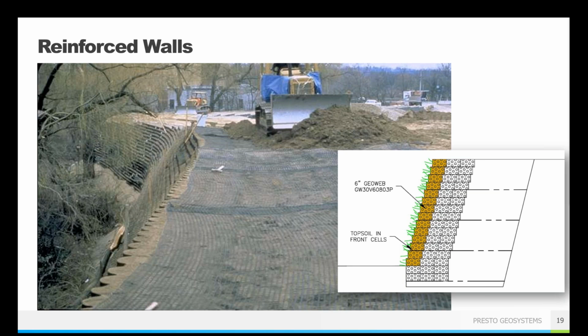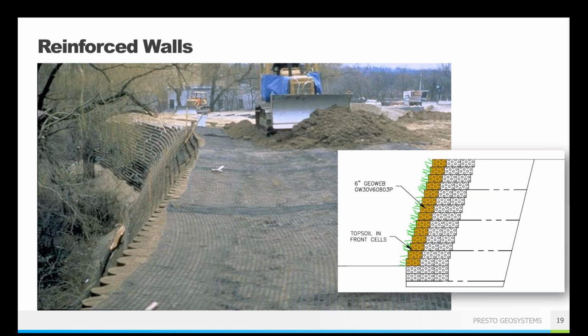So these types of walls can require a lot of excavation in order to place the geogrids, but they're not limited in height. So if you do have a very tall wall that you need to build, this is going to be the way to go. And so the majority of reinforced walls do use basically the smallest size of GeoWeb that we offer. And that is because most of the reinforcement is coming from the geogrid or geosynthetic tiebacks. And so the GeoWeb walls are holding those tiebacks in place and allowing for that installation to happen.